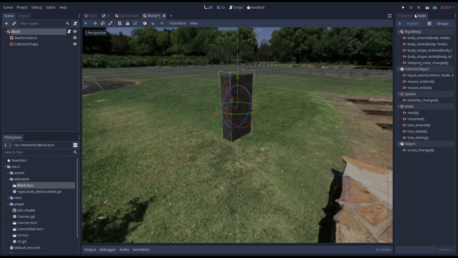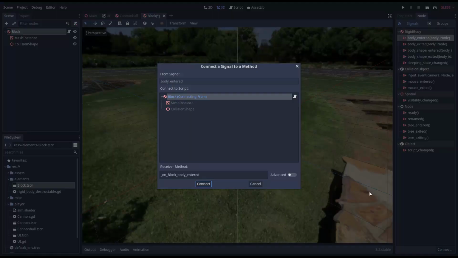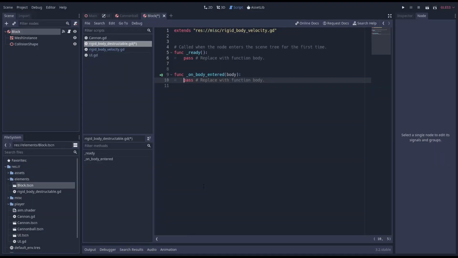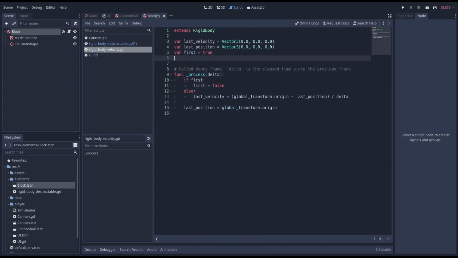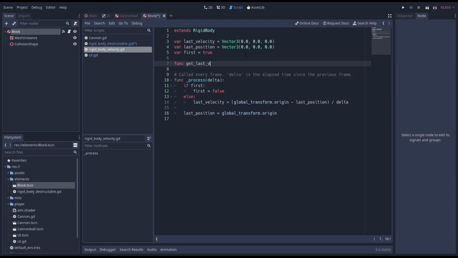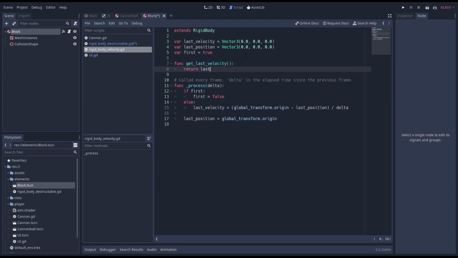We want them all, and while it's only likely to have 2 or 3, we'll set it to 10. Now we can hook up our body entered signal, which is fired when an object starts colliding with our object. We'll add a new variable to record how much damage we've done to this object. We need access to our other object's velocity, so we'll add a method to our base script that returns this